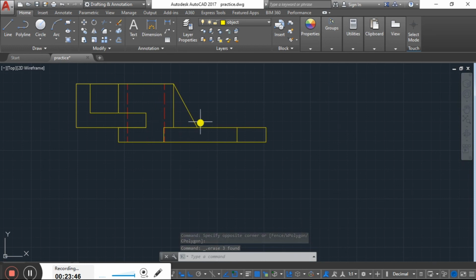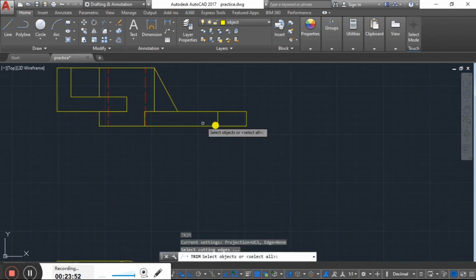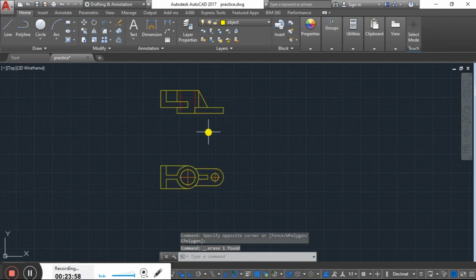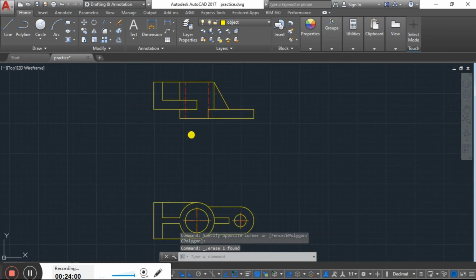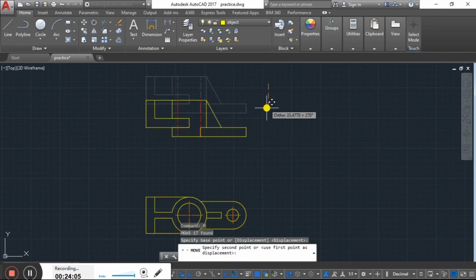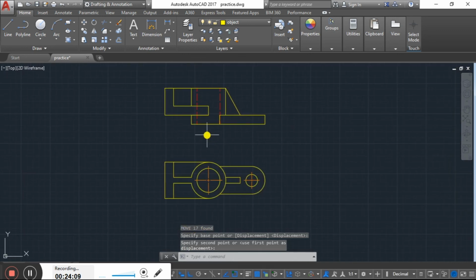So we have shown you here how you can create the orthographic views from all the given views. These lines are extra lines. Up to here the view is. So I hope you all get to know how we can create orthographic views or traced views from a given view.